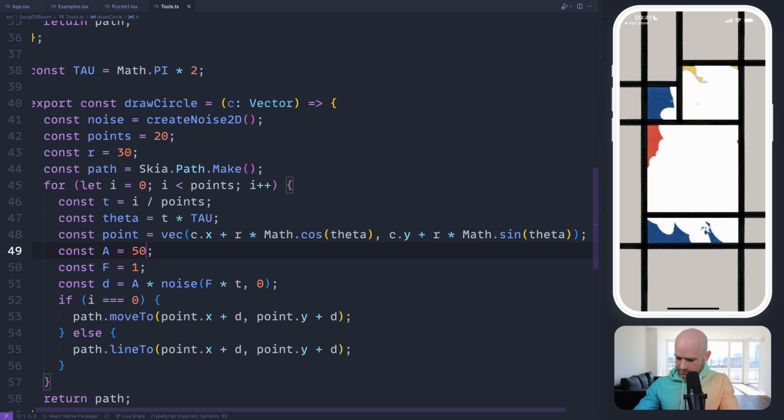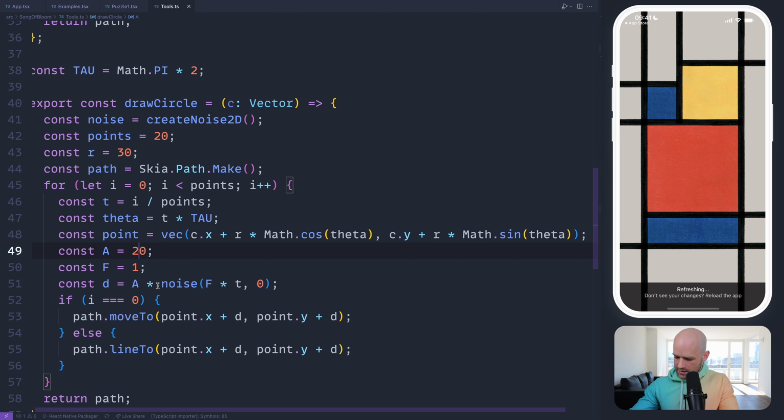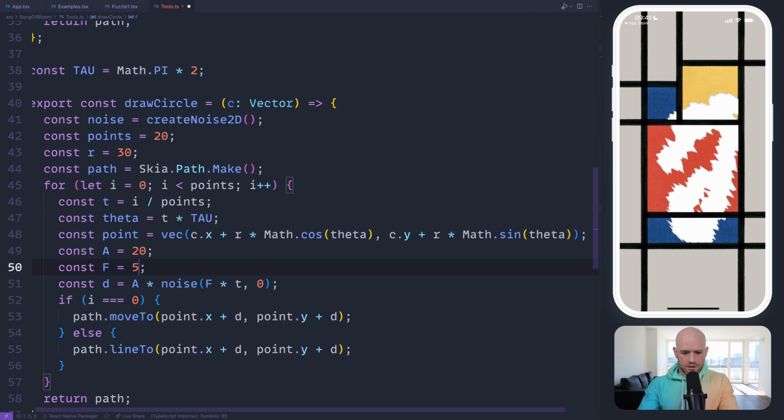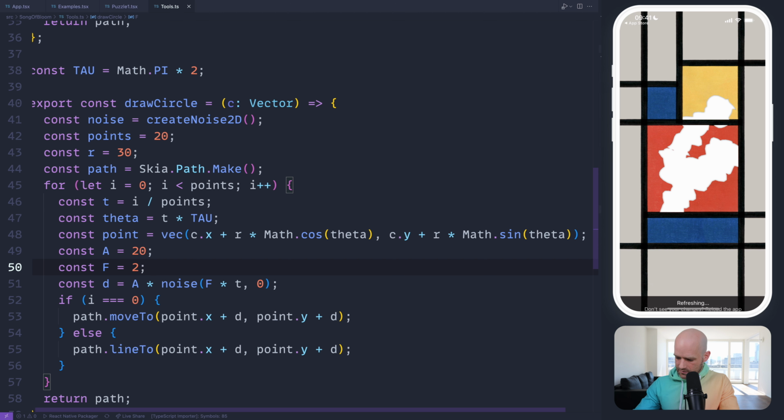The frequency, maybe 20. And what if we increase? That's not bad, but we need to increase the frequency. Here it's almost too strong. But we can play with these values until we get the desired effect. This is nice, 3 maybe. You can tweak these parameters to your liking, but it's a really fun usage of the noise.